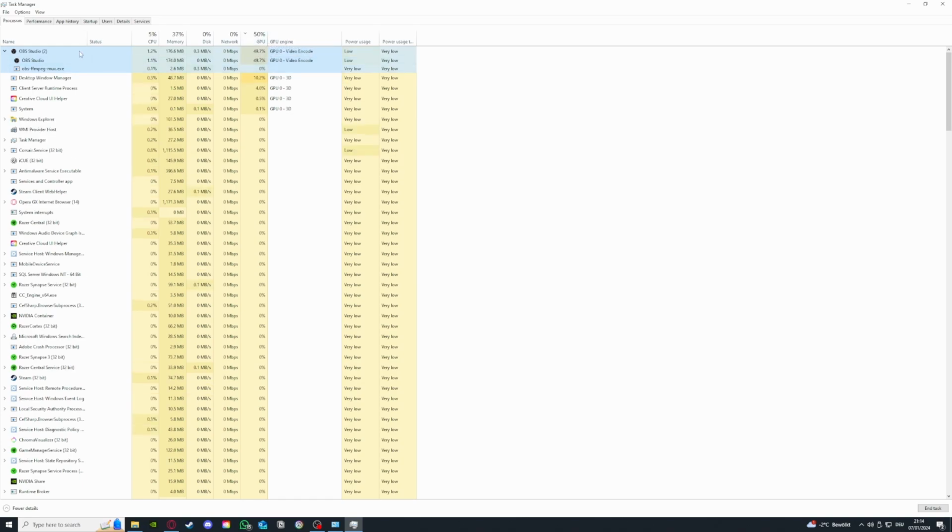OBS is the program I use for recording, so I'm not going to close it. But if I would like to clean up, if you want to improve performance on a program which is currently running, then I could right click and press end task. If I press end task, it immediately closes the application, and it will free up a lot of GPU and CPU. In my case, especially a lot of GPU. So if you